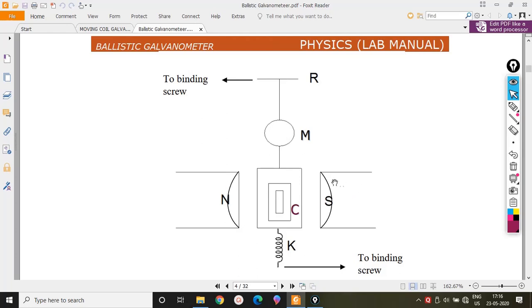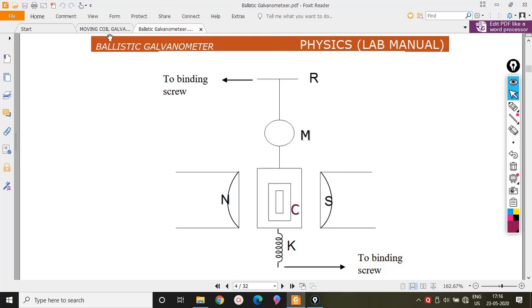And then you have this structure of making the magnetic field radial as it is. What are the differences then? So the difference lies here. Here you have a wire, phosphor bronze wire, connected to a